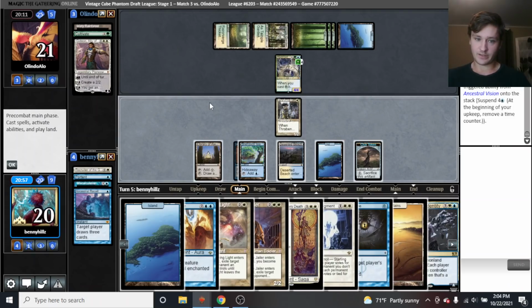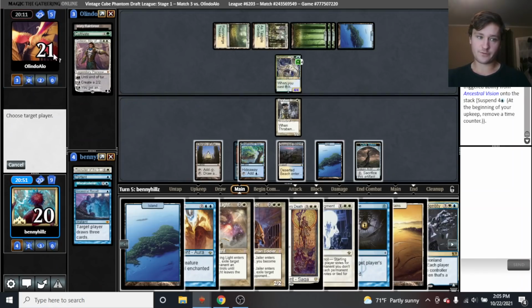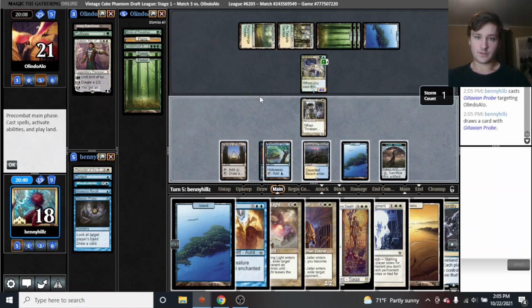Fractured Identity doesn't do anything against that. Yeah, let's just control magic. So I'm going to probe for mana. Actually, no, let's just probe for life. They're holding Craterhoof and nothing else. Okay. So we can go...